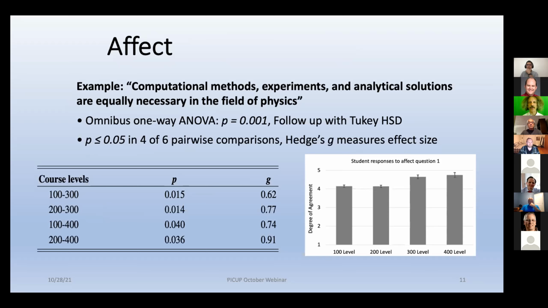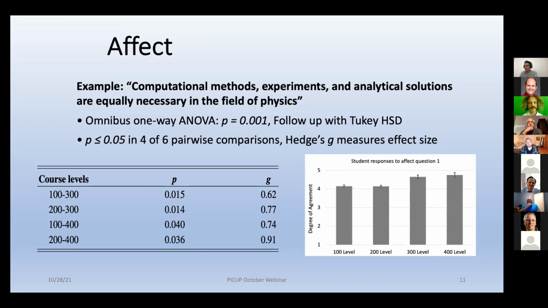So then what we do is go into a pairwise comparison. And what we find is that 4 out of the 6 possible pairs among those 4 bins have a statistically significant difference, at the P less than 0.05 level. Now, p-values, I hope everybody has figured out by this point, all that says is whether this is worth looking at or not. It really is not a measure of how strong a difference you're making. For that, you look at an effect size measure.